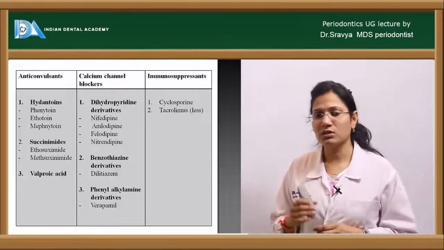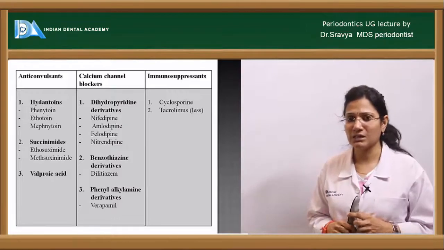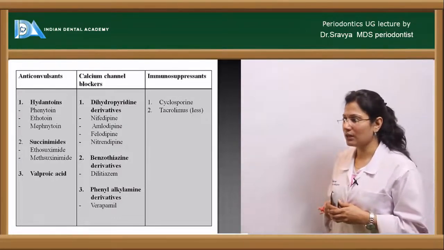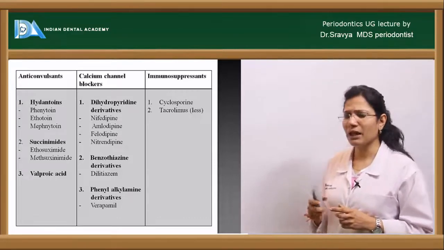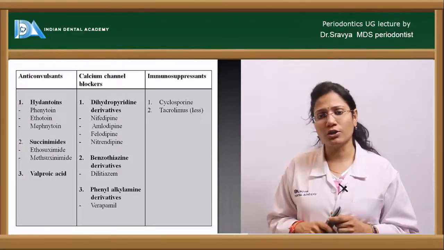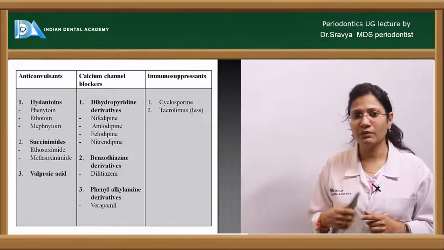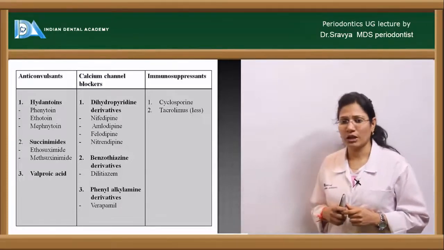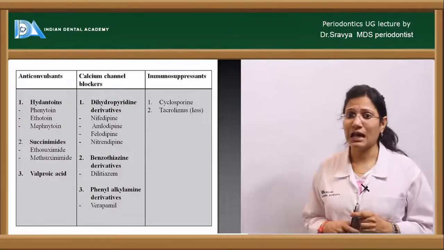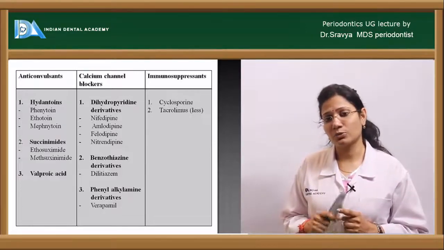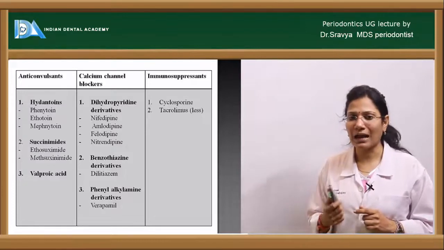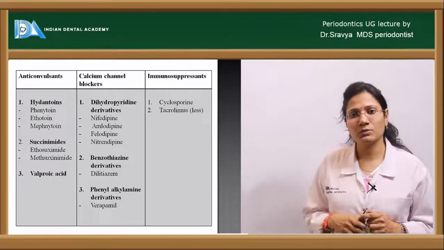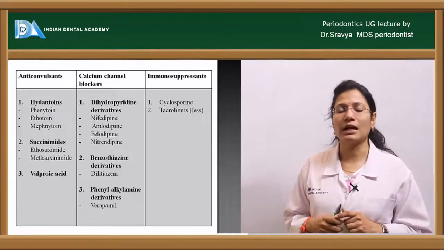Of the anticonvulsants, your phenytoin and the valproic acid have been reported to cause increased amounts of gingival enlargement. Apart from that, your calcium channel blockers, especially your nifedipine, followed by your amlodipine, felodipine, and all the other calcium channel blockers have shown gingival enlargement, but maximum cases have been reported with nifedipine, amlodipine and felodipine. Then the immunosuppressants, the two most important drugs are your cyclosporin and